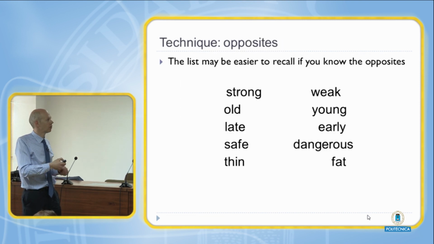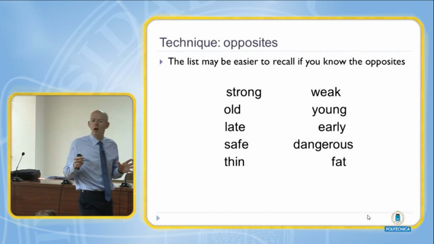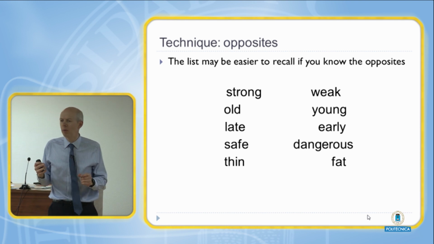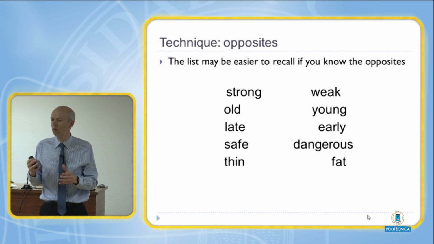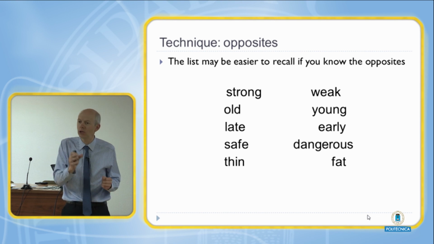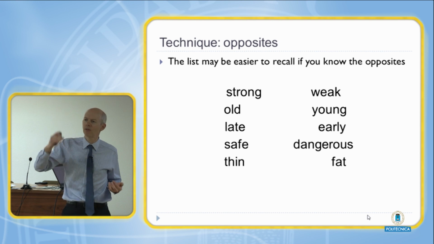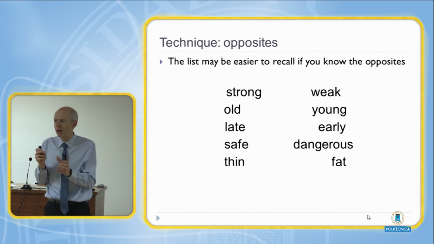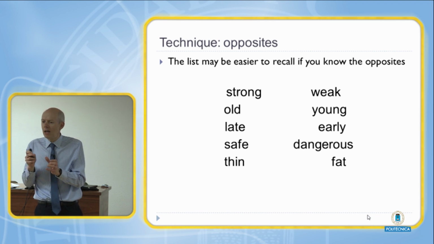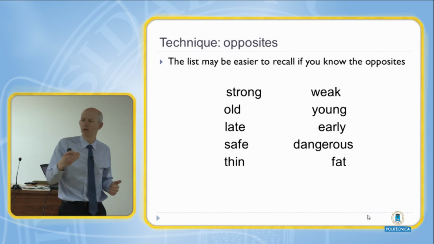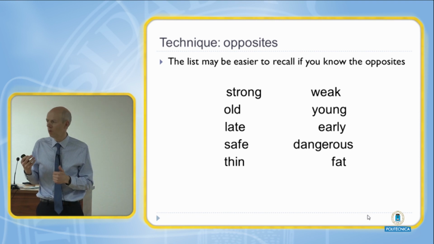So let's just go on to that. Another possibility, though, is if you have to recall, because often we need to know these words, but we don't have to come up with a list straight away. We want to know the word strong and old, but we don't need to come up with them in that particular order. So the next technique we're going to practice now is useful if you have to know a series of items in a particular order.